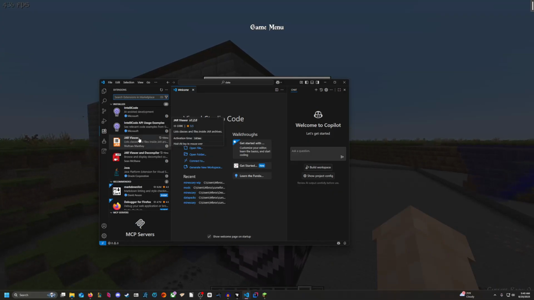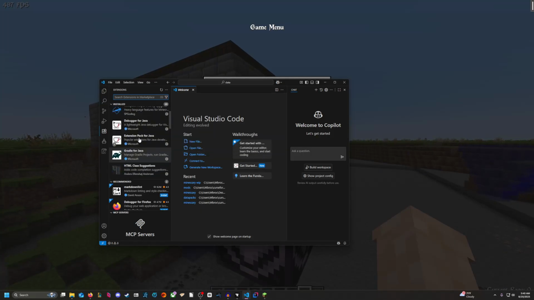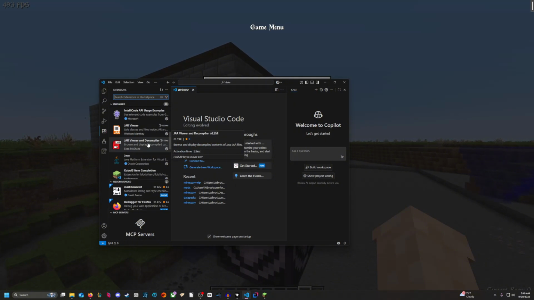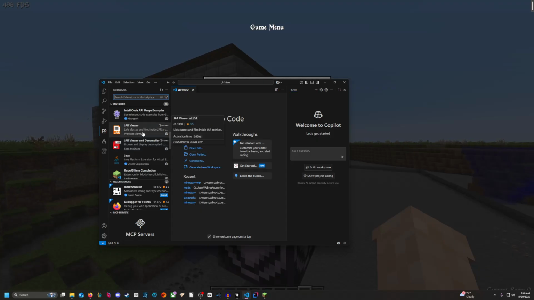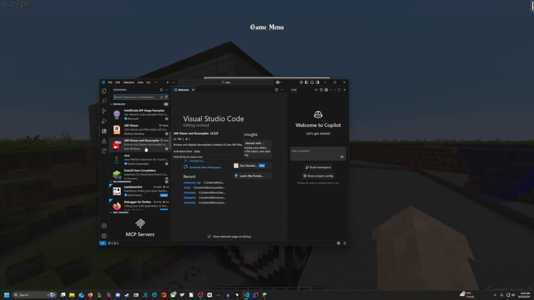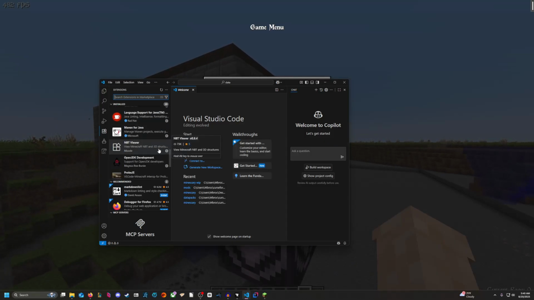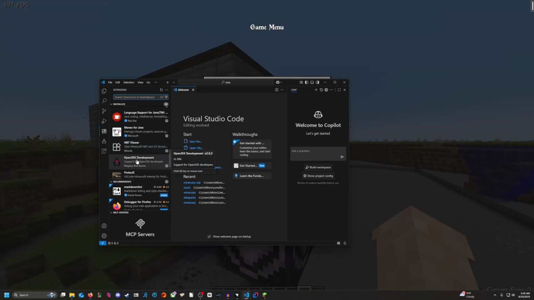This one lets you have all kinds of extensions that, you know, help you out all along the way. You're going to need jar viewer and decompiler right here. It may also be this jar viewer right here, but I'm pretty sure it's decompiler. Then there's another one, this NBT viewer. I think those are the two key ones, and then obviously